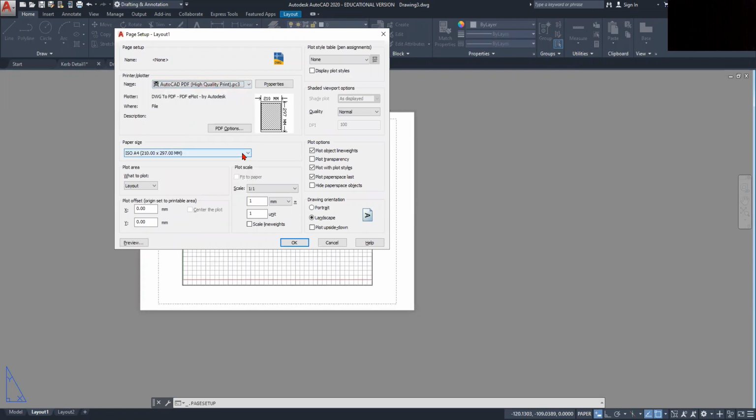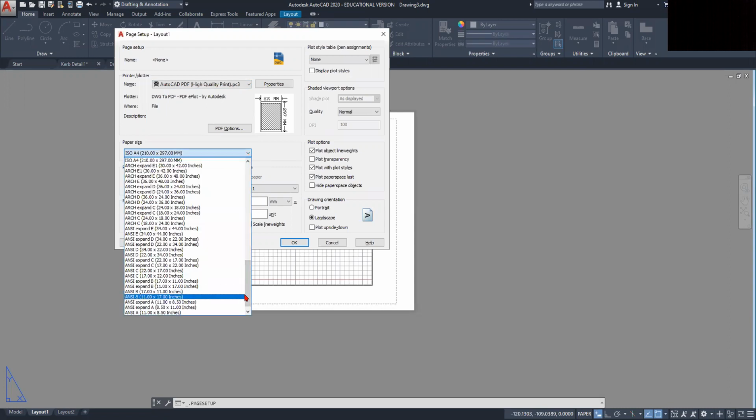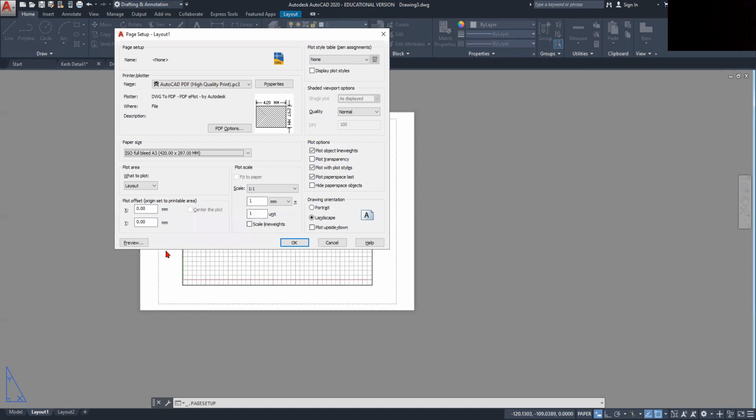Okay, now what we want to do is we want to set up our paper size, and the best way to do that, I think, is to make it a full bleed print. In other words, you don't get this dotted line which defines the area in which you're going to print. So I'm going to make this an A3 full bleed print, ISO full bleed A3 420 by 297. So that's the size of an A3 sheet. I'm going to click on that, and then we'll leave the rest as it is just now, and we'll click OK. Now all you're doing is you're setting up the page layout here,